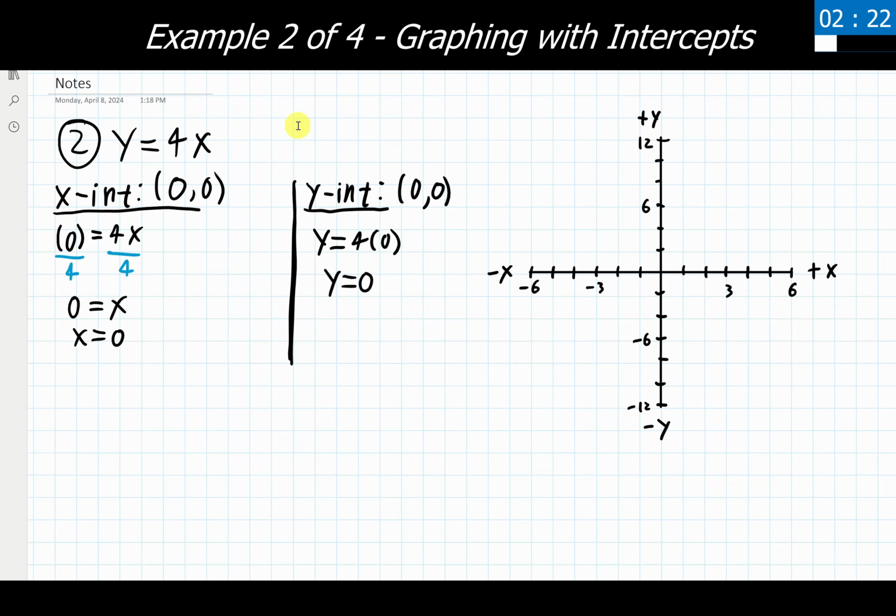Okay, so what we're finding and noticing here is that the x-intercept and the y-intercept are both the exact same point, 0, 0. This is actually the origin of our overall graph, and we can go ahead and plot that point right down here, just so that it's ready to go when we actually graph this thing. But we do have a problem: yes, I found the x and the y-intercept, but they're the same point. I need 2 unique points to be able to graph anything.